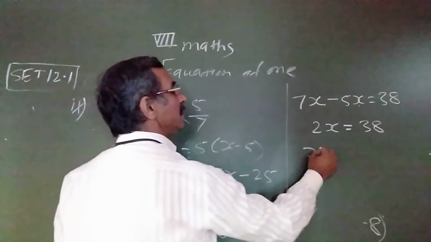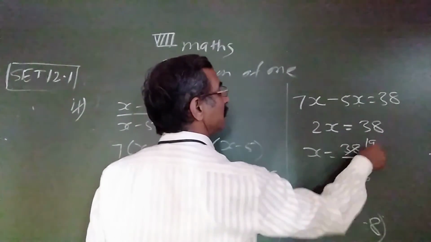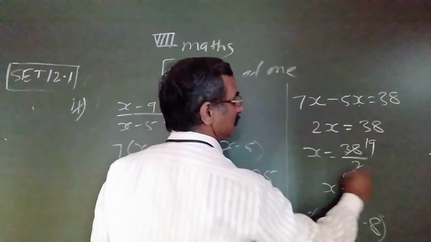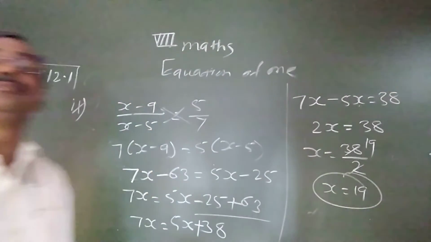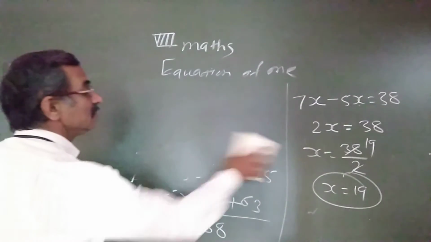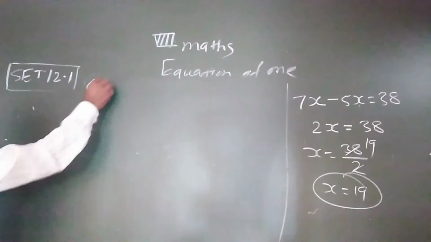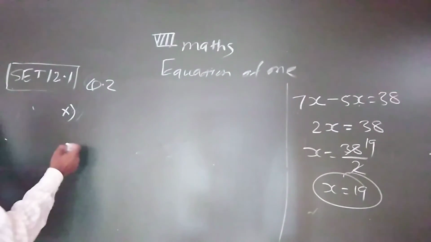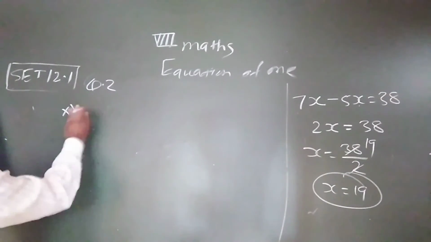This 2 is multiplied here, by changing the side it will get divided, so we will get the value of x is equal to 19. So we solved the 9th sum. Then the 10th sum we are solving here. I am writing here the 10th sum: y minus 4